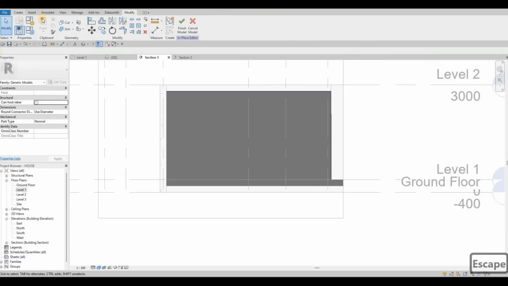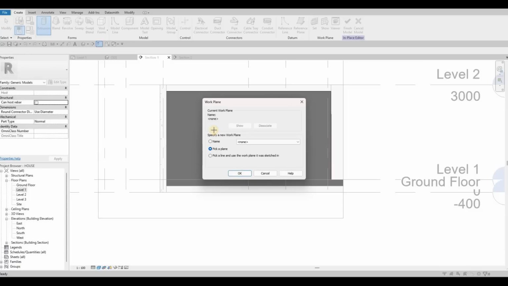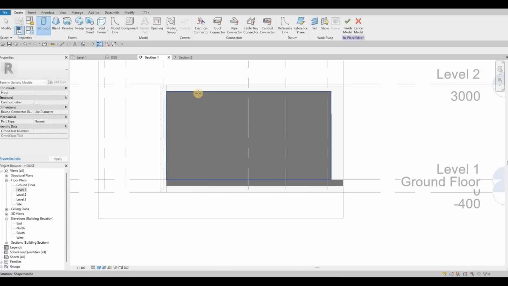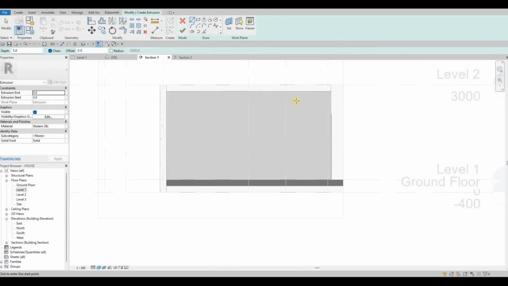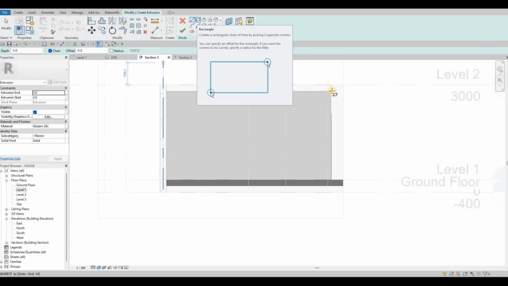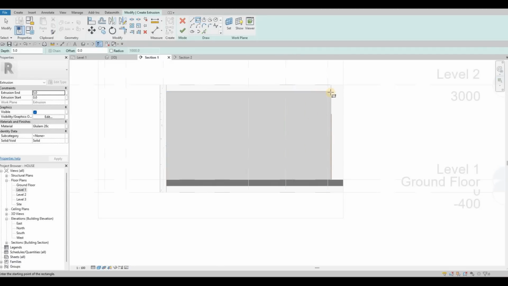And then after that, create an extrusion again, but we're going to pick the plane, this wall right here. Make sure everything is selected so that you know that it's selecting the plane that's in front of you. So after that, I'm going to add a cabinet here, probably an open cabinet and then a closed cabinet here. So for the open cabinet, I'm going to add something like this all the way down,